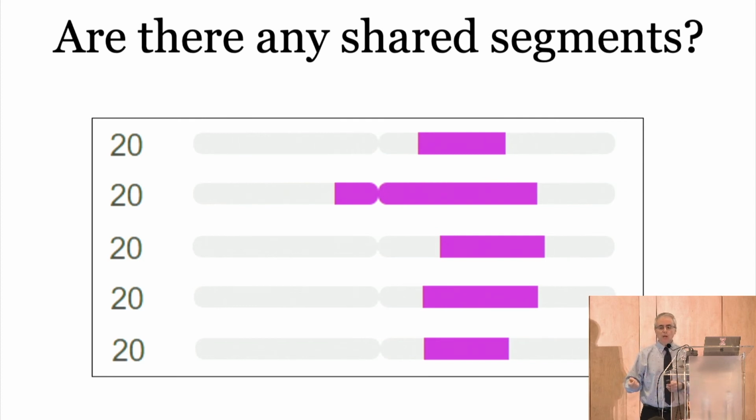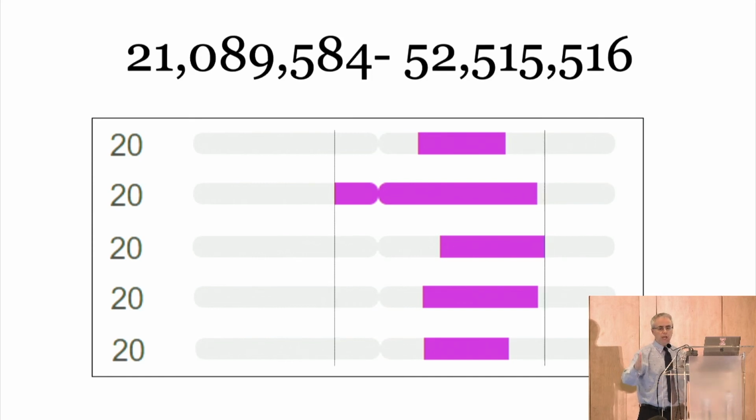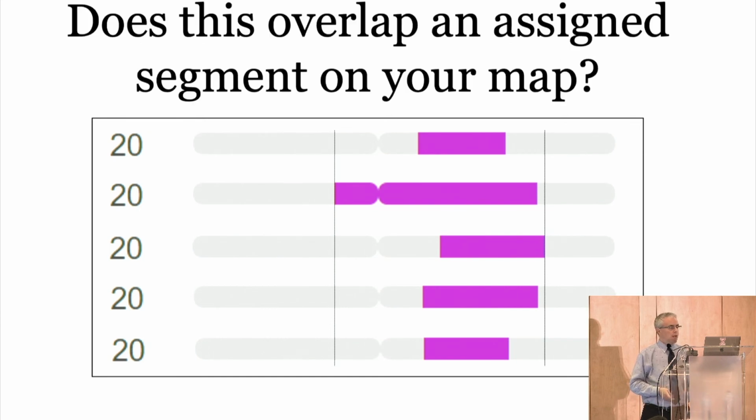And so what I can do now is I can use this and my chromosome map to actually characterize the entire cluster. Because here, what do I have? I have a piece of DNA on chromosome 20. If I can take that and I can overlay it with my existing map, I might potentially learn information about this cluster. So that gives me kind of the rough location. I took the 2 farthest edges of these overlapping pieces. I'm simply going to use that as new GPS data, new segment data, and I'll go into the mapping software,